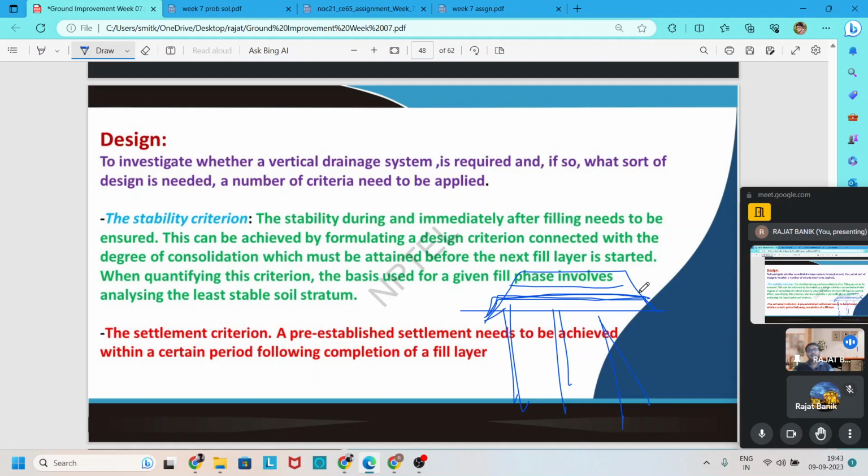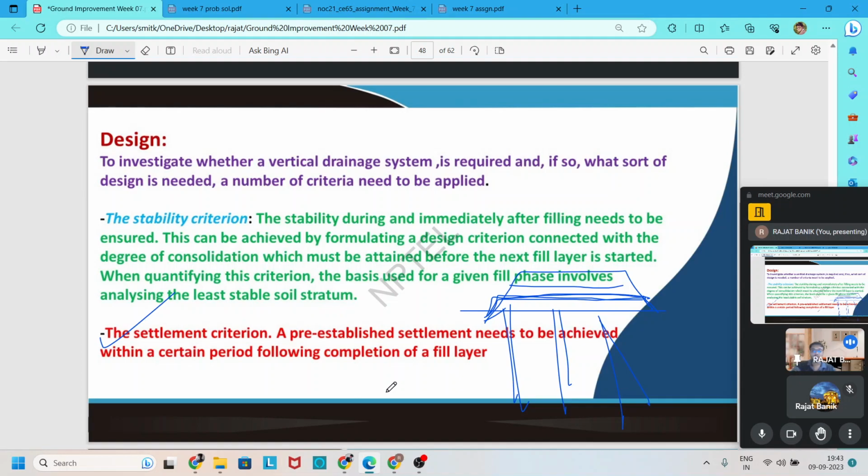So we apply this preload step by step, and we need to check the stability for that. That means we need to check whether the ground can carry this load or not. We need to check for each step. Then we need to check the settlement criteria. That means after each preload or drain, we need to find out the total settlement for this preload. So we also need to check